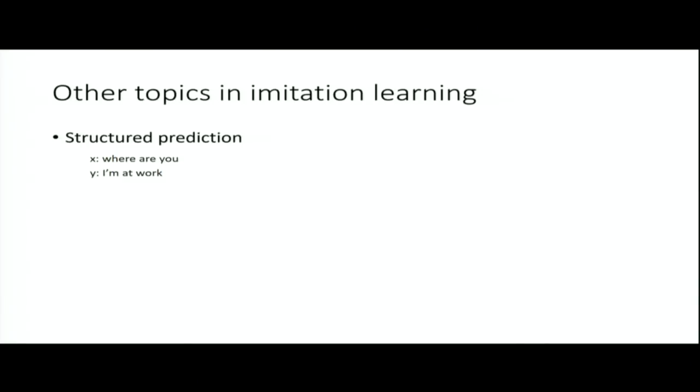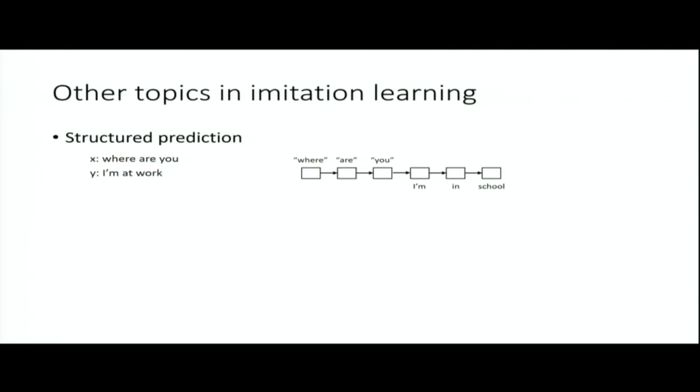And the thing about structured prediction is that when you choose one part of the answer, that'll affect what is a good choice for another part of the answer. So if you have a question answering task, like someone asks you, where are you? And you're supposed to answer, I'm at work. If you output this word by word, if you have, let's say, an RNN that does this, if it says, I'm at work, that's all fine. But if it starts saying, I'm in, maybe the third word actually shouldn't be work. So even though this word is closer to what was in the data, this is not grammatically correct. So maybe if you output it in here, that should affect your choice of the third one. So maybe instead of saying, I'm in work, you should say, I'm in school or something. So in structured prediction problems, one part of the answer affects another part of the answer.